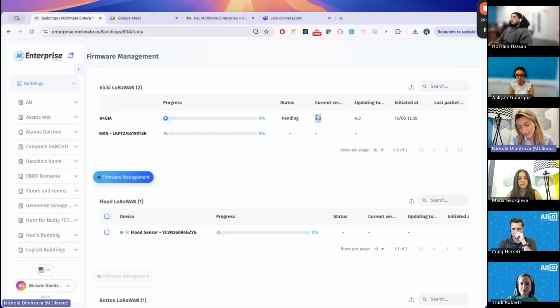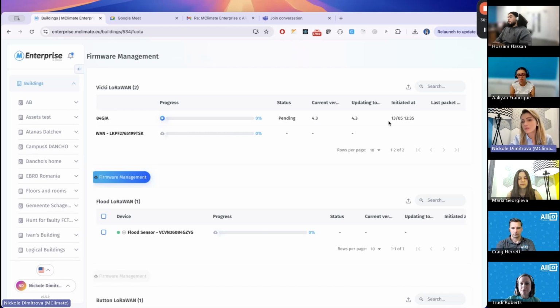This device was already updated. This is why the current version is the same as the one that it's updating to. And we have information at what time it was initiated. And then after one of the packets of the firmware update has passed, you will have the information here of the date and time the last packet was